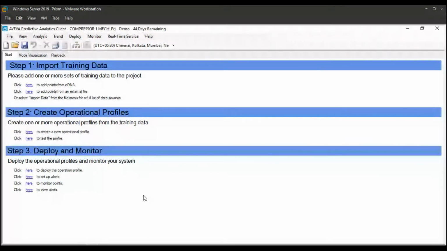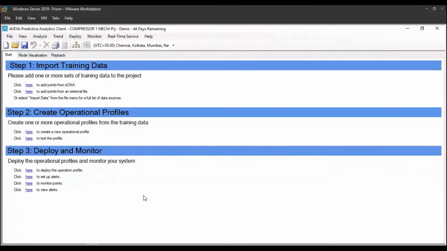So I'll just recap what I have explained till now. We have a project which represents the asset, the particular equipment that we want to monitor. An operational profile then represents an aspect of that equipment that we want to monitor. It's basically a logical grouping of all the sensors together, which give a good enough indicator of the health of that particular aspect of the equipment. And all the points that I've included in the profile are my project points.